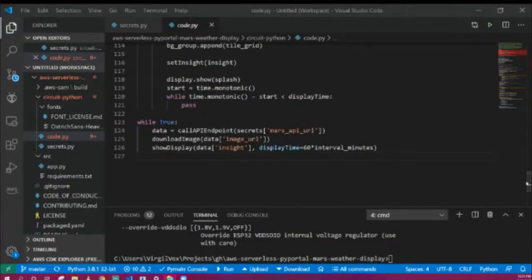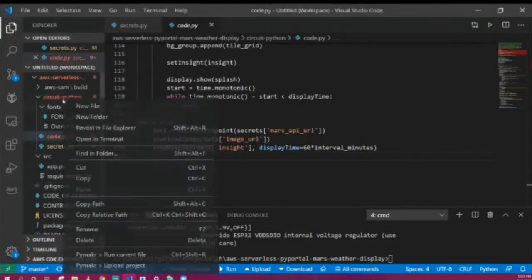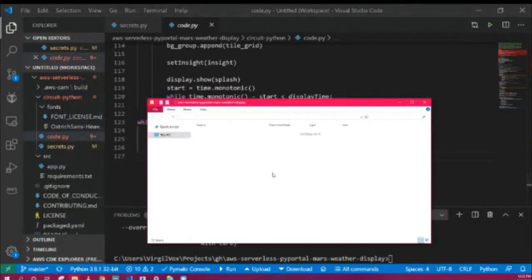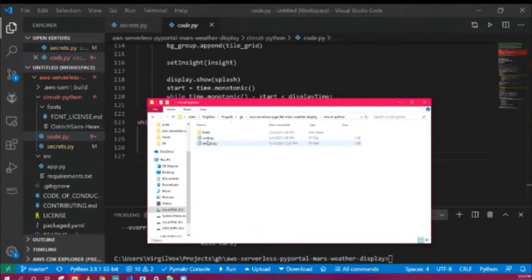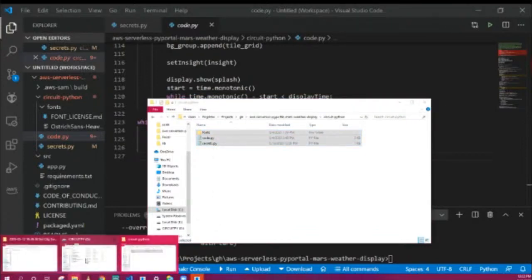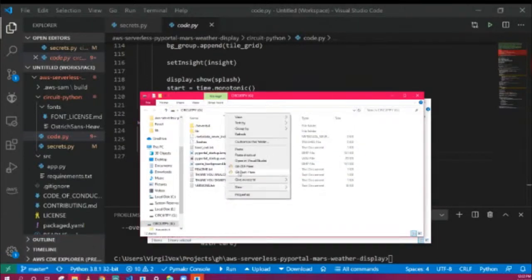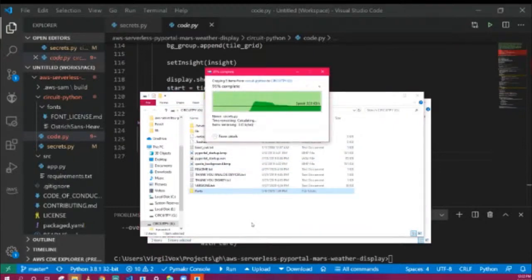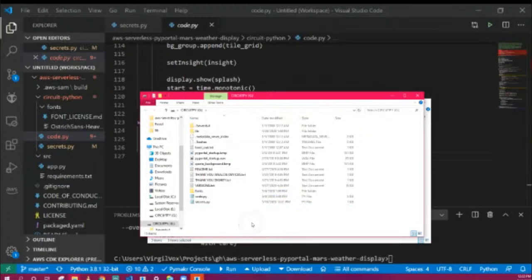All right. So what we're going to do now is copy this over along with the fonts. So let's just build that in File Explorer. All right, I'm just going to copy those. Right. Don't need to compile anything. Don't need to do any firmware updating. Just copy code over, right? And so now,